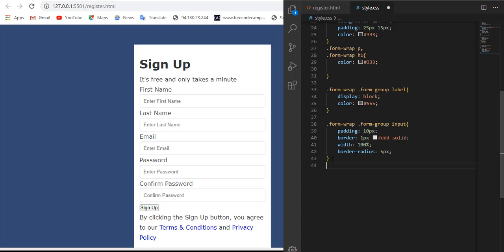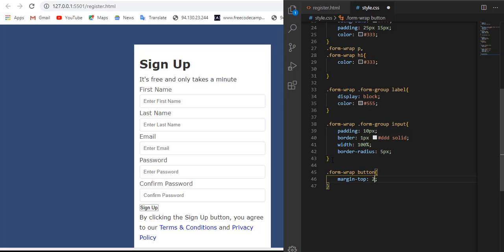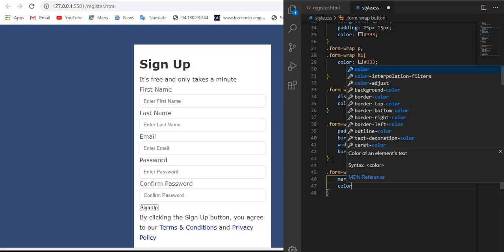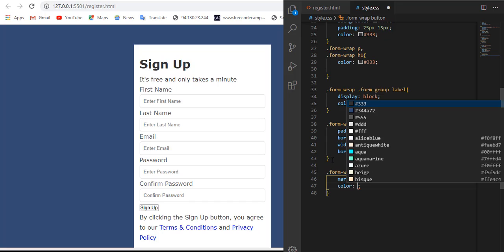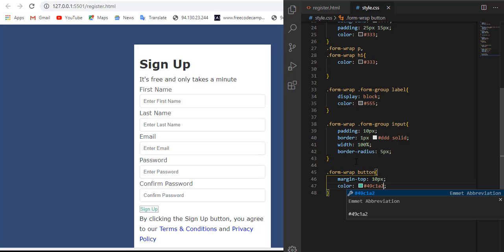So yeah, now we can go to our button, form wrap. So it's not a group, it's button. Let us add the margin top, let's set it to 10 pixels. Let's set the color. So I can set it to 49C1A2. If I save, so it's a background one.